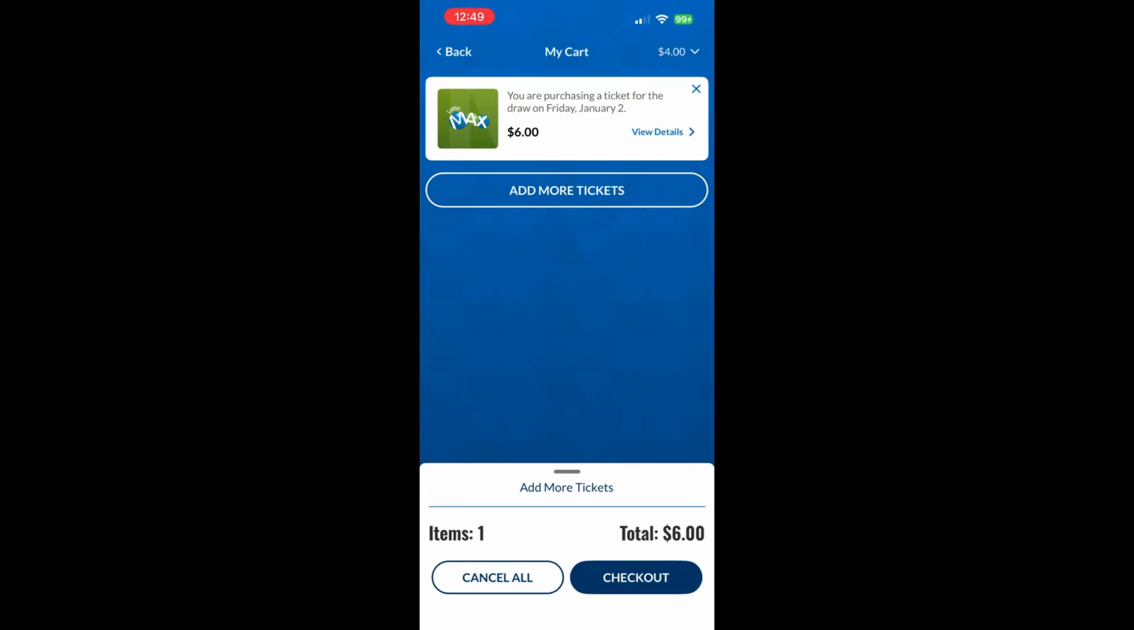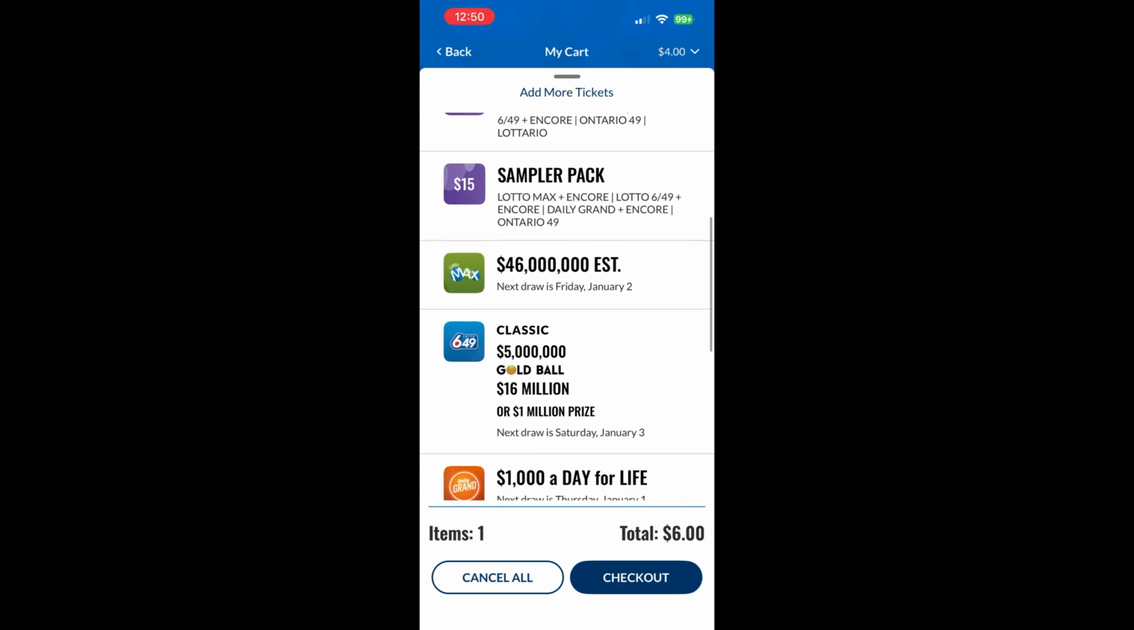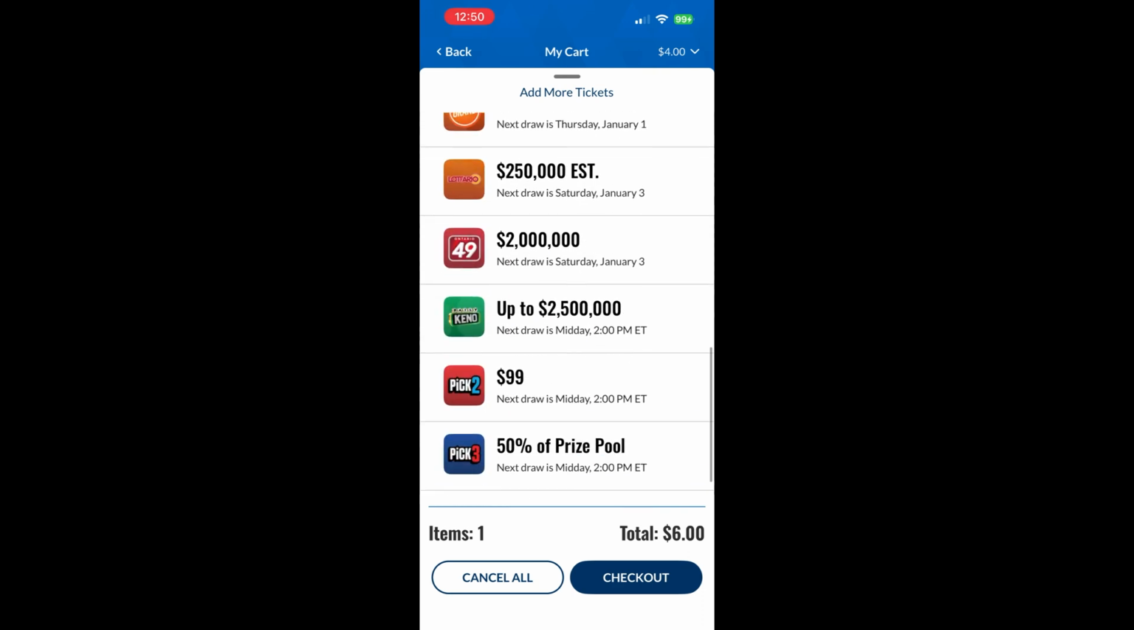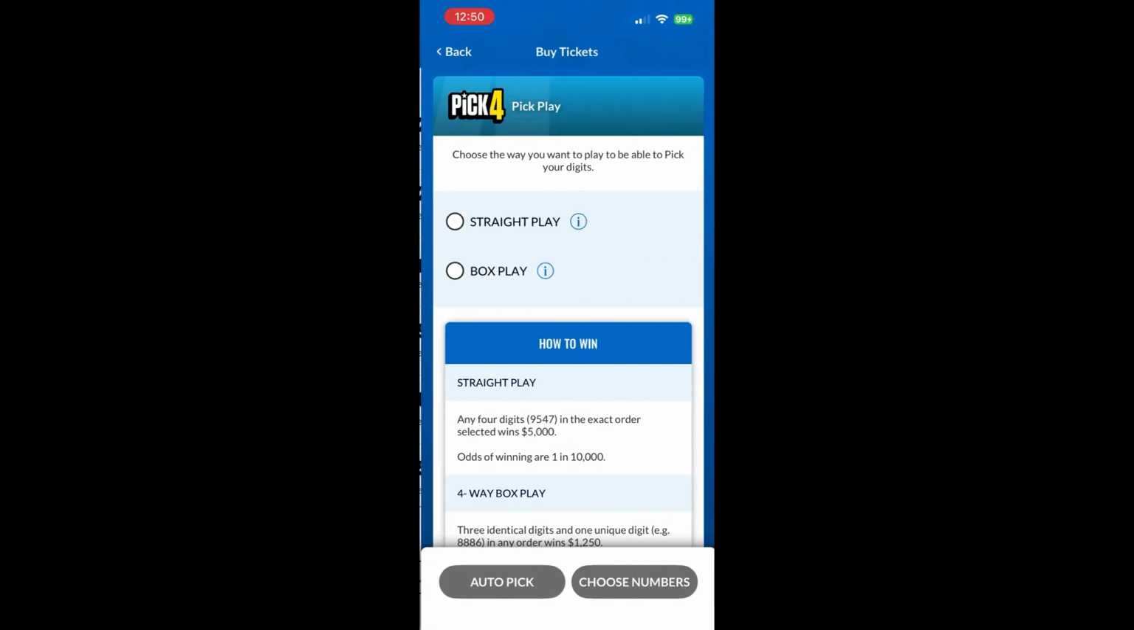And then in case you want to add more tickets, say other than Lotto Max, you want to add any other ticket, you can click on add more ticket. And from this, you can select any ticket which you want to add. And it shows when the draw is going to be. Next draw is midday 2 p.m. ET for Pick 4. So in case you make the selection, the total would change. You see here,